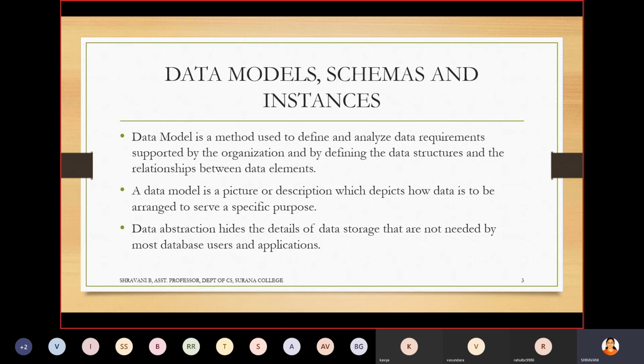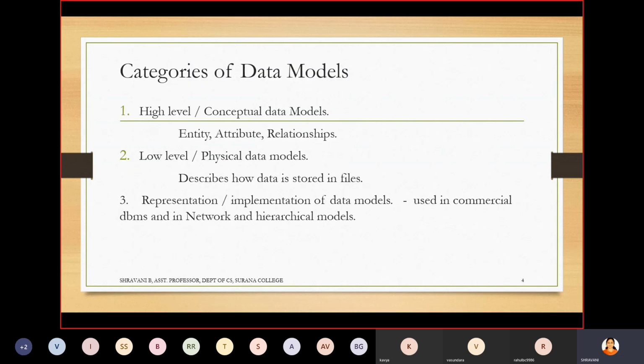A data model is also called the logical design and structure of a database, and it defines how data will be stored, accessed, and updated in the database management system. Now, there are three categories of the data model.